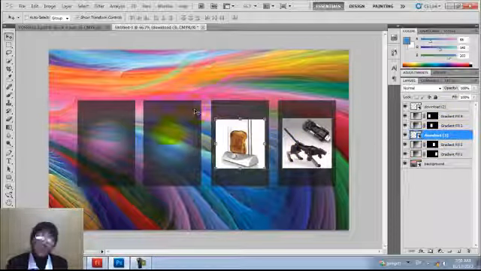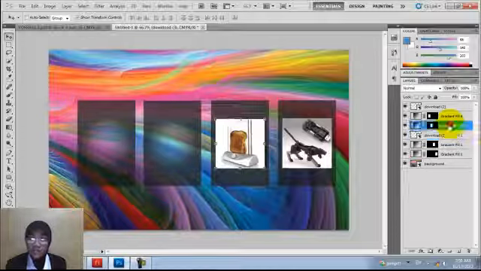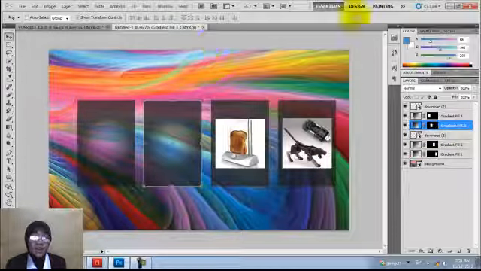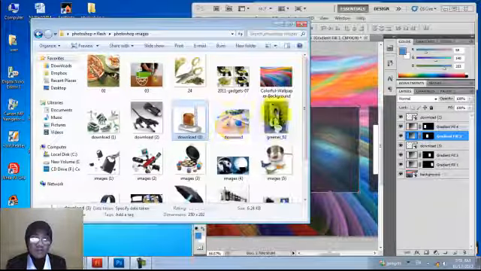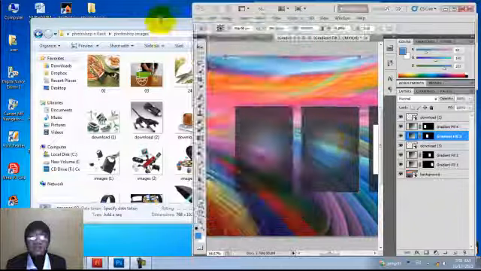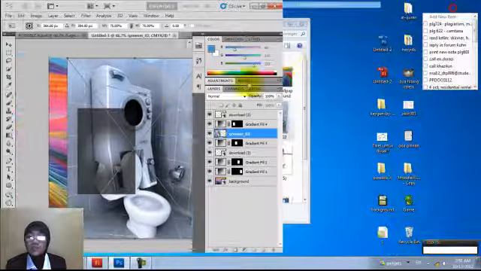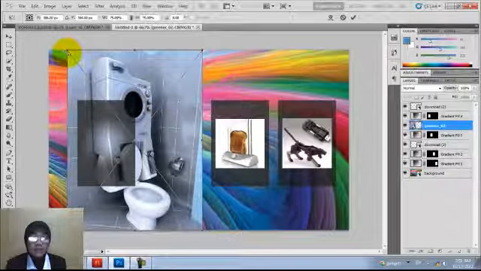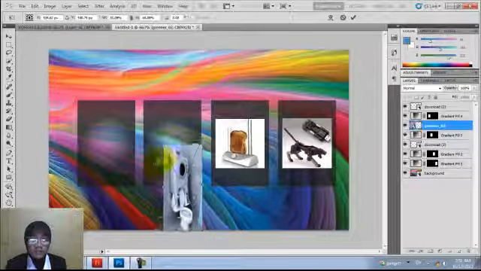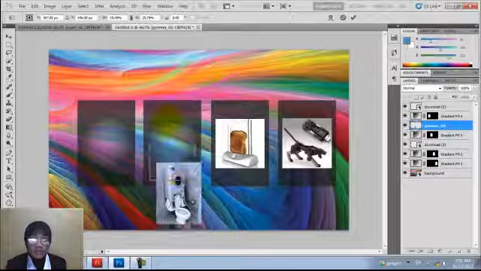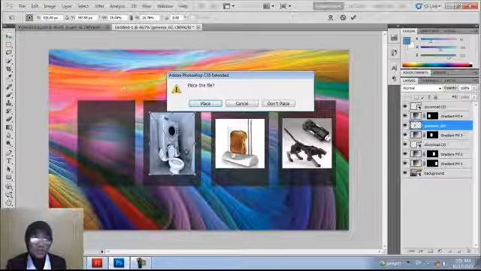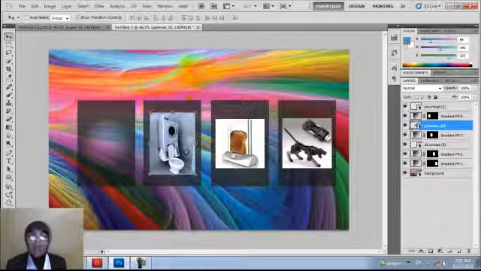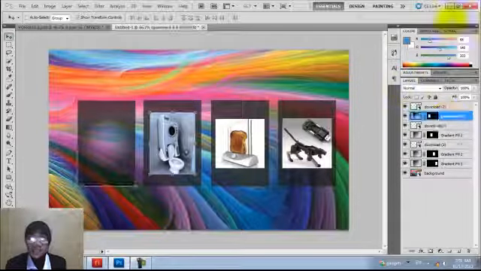Okay, now I want you to put this another picture inside this gradient 3. Go to gradient 3 and drag the picture into the gradient 3. So I would like to put this one inside here. Okay, and then resize it, put it here, and what next is put the cursor to place and place. Easy, isn't it? And the last one is